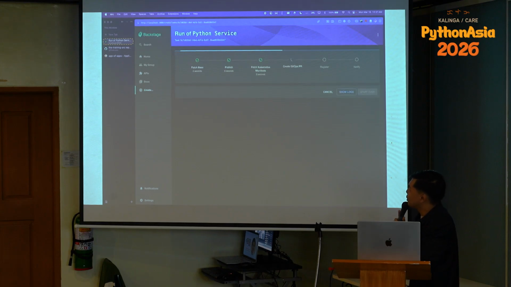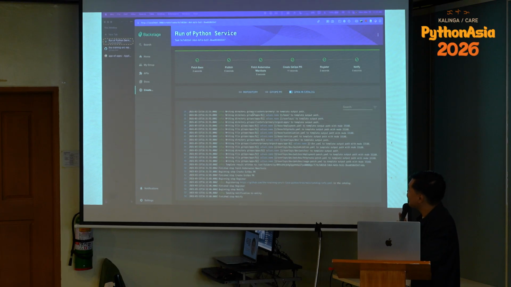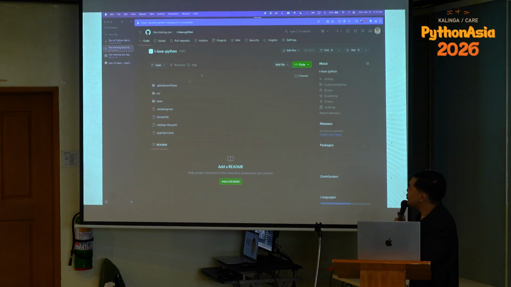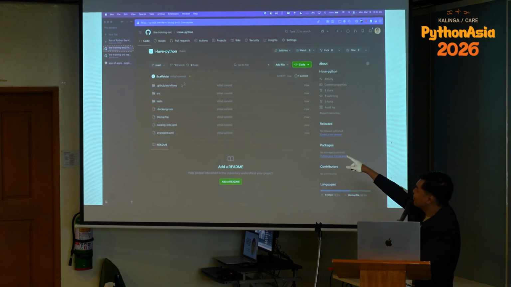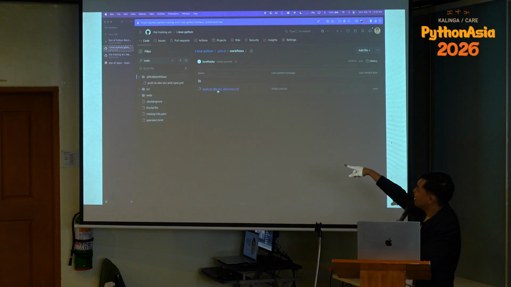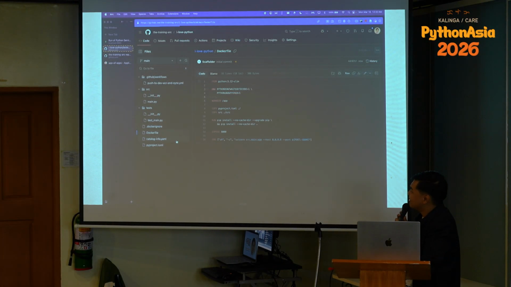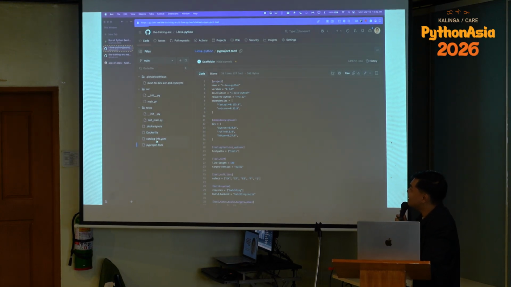It's going to publish to GitHub, and create the GitOps PR shortly. And just like that, all of it is done. If we click, it just created this new GitHub repository with an initial commit and all of the CI/CD running. And all of that is scaffolded with the predefined template.